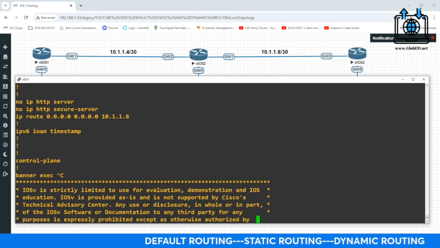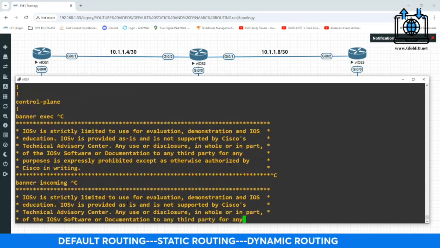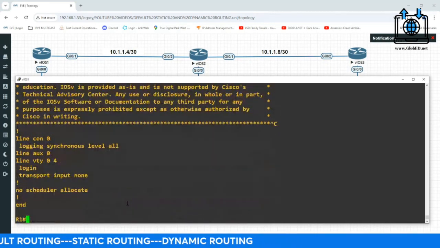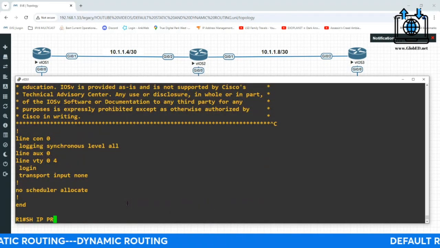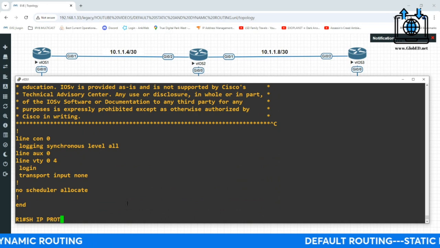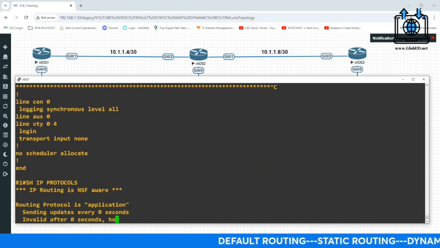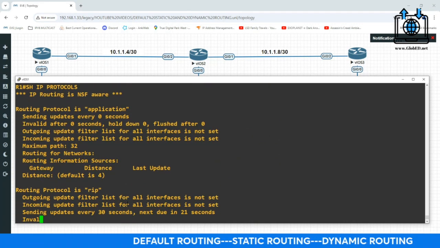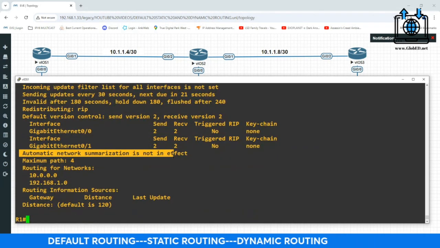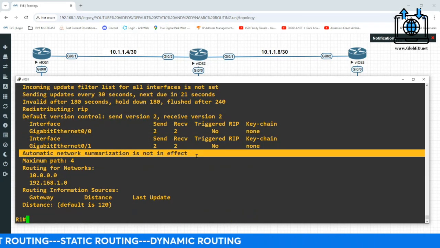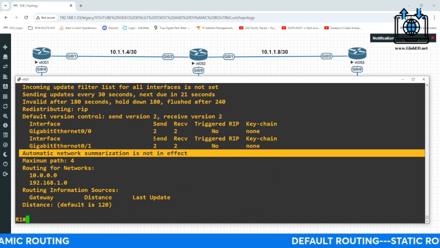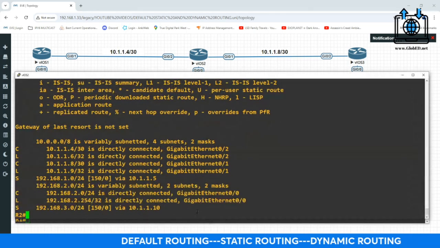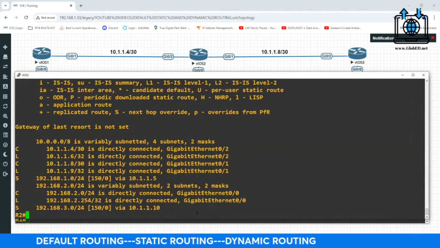And again, the show command that you can type is show IP protocols. All right. And the line that you're looking for is this. You want to make sure, especially in RIP, that is done, that is turned off. Cool. Let's go to router 2. So now you know. So yeah, we're good there.